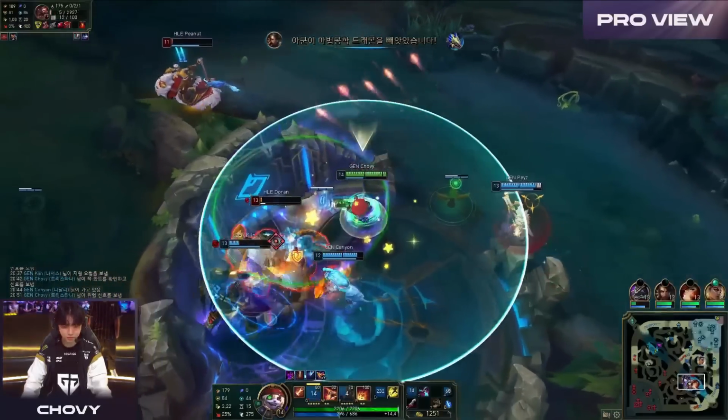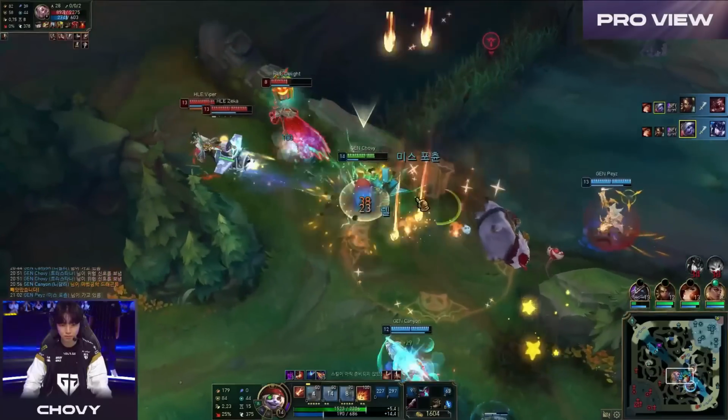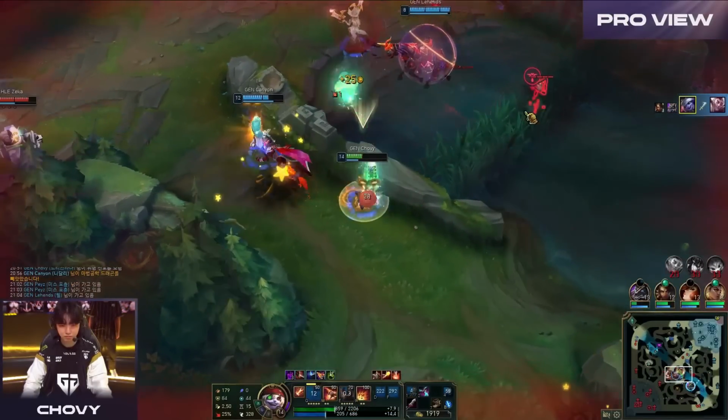And then Doran is alone in the pit. Pyosik had a really good zoning. Bullet time, yeah. And no, they don't have any cooldowns left to stop him. And then, yeah, Chovy smells blood in the water and shows us...